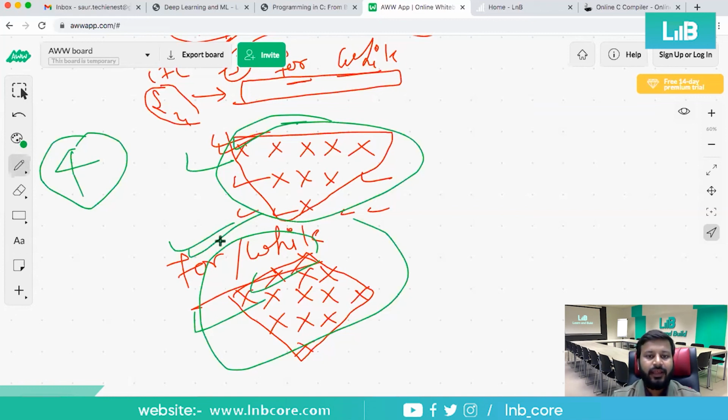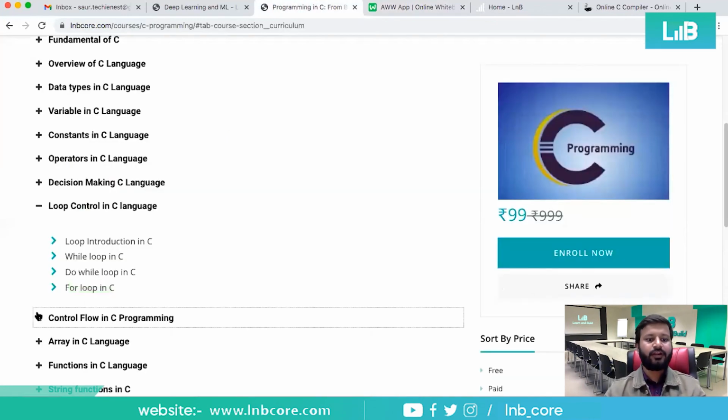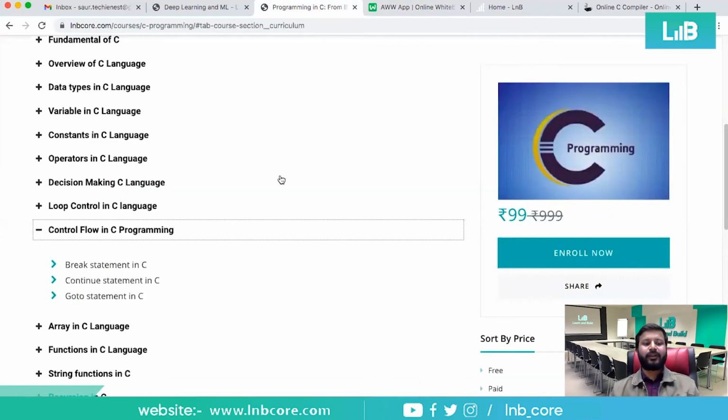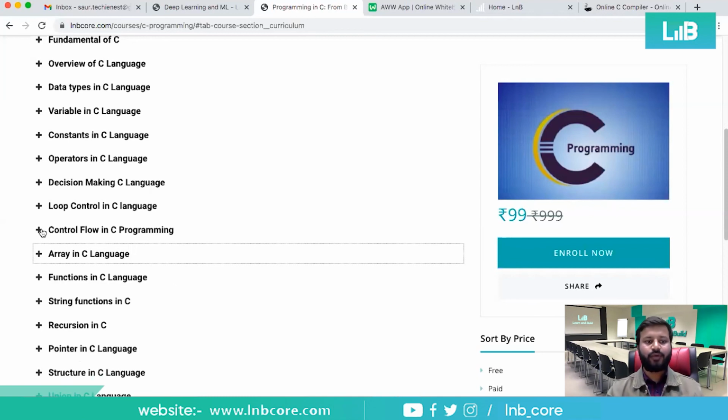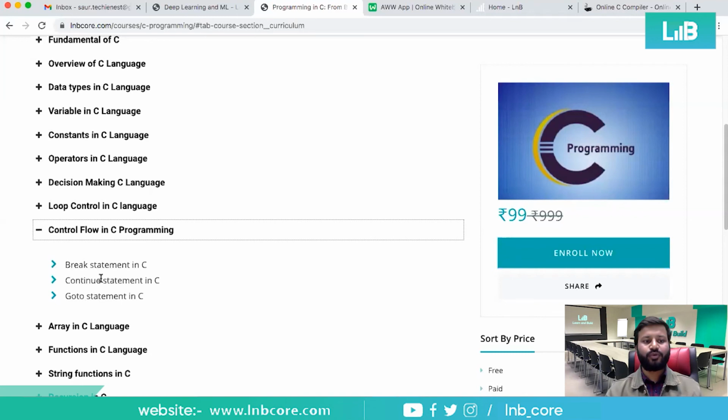ठीक है, so enough for today. कल मिलते हैं, and the counting is started. Let me see who will complete this first. Okay, so bye bye for today. Tomorrow we'll meet once again at the same time, 8:30. The topic for tomorrow would be control flow of C programming: break statement, continue, goto. This will be just a matter of few minutes. So we'll see if we can move ahead with the array part as well. And if not possible, then we'll see how to take user inputs and break, continue, goto statements.